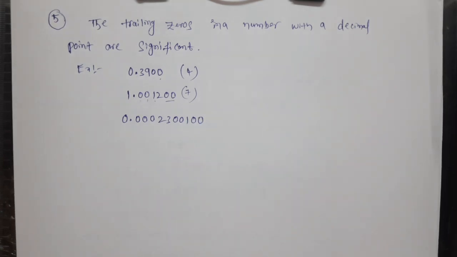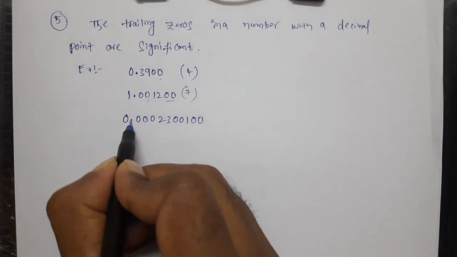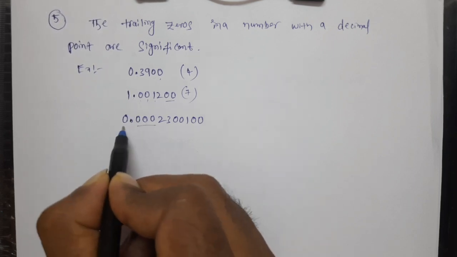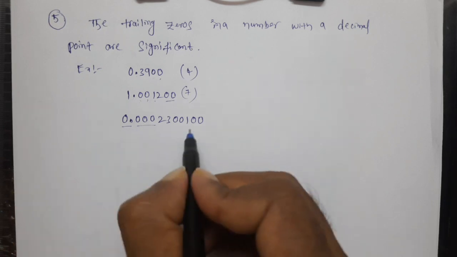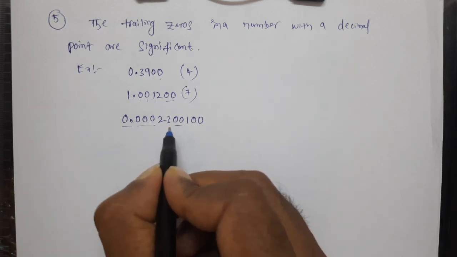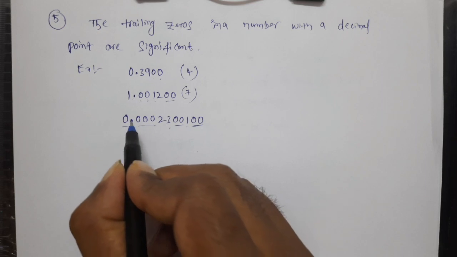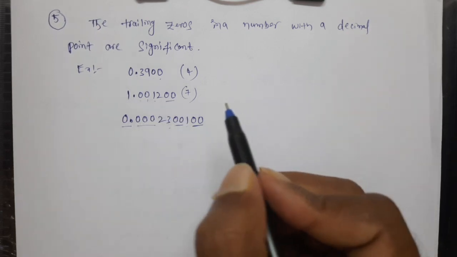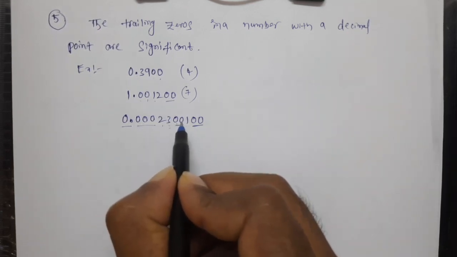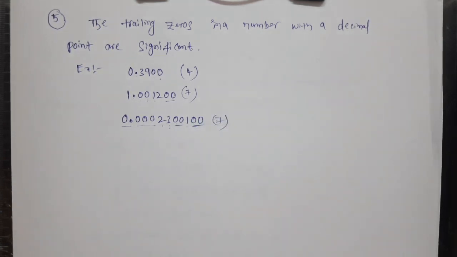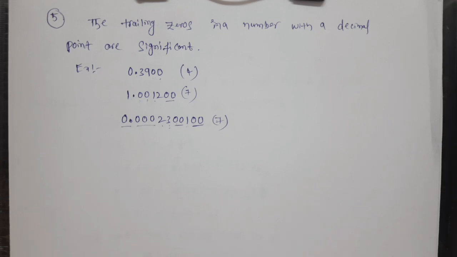Yes. So in this number, this number is less than 1. So these zeros are not significant and this zero is also not significant. These two zeros are significant because they are in between two non-zero digits, and these two zeros are also significant because they are trailing zeros and they are after the decimal point. So total how many significant figures do we have? 1, 2, 3, 4, 5, 6, 7. 7 significant figures. So using our five rules we can determine significant figures in a given number like this.